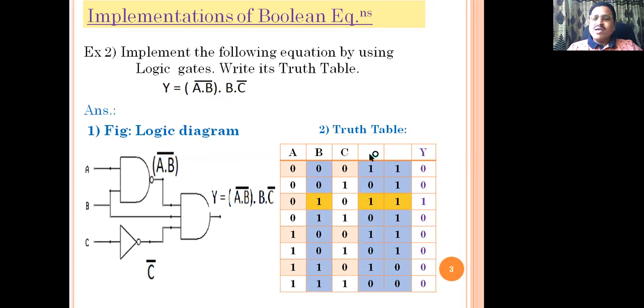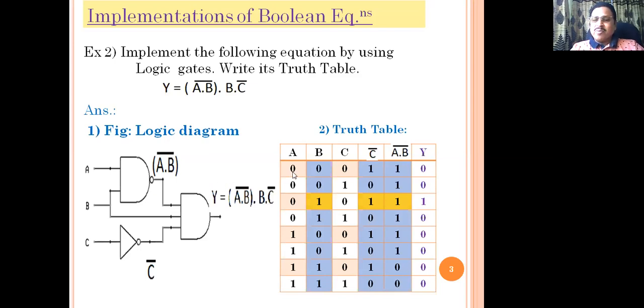So from C you can get C bar in this way. Change every 0 into 1, 1 into 0, 0 into 1, and you'll get the resultant column as C bar from the C input. Then to get complement of A and B, meaning (A and B)bar, you have to use the first two columns A and B as input and (A and B)bar as the resultant output by using a NAND gate. This one. The operation of a NAND gate is well known to all of you.